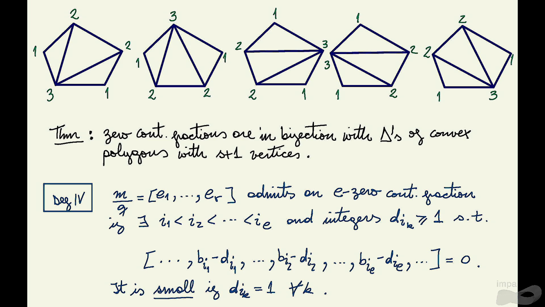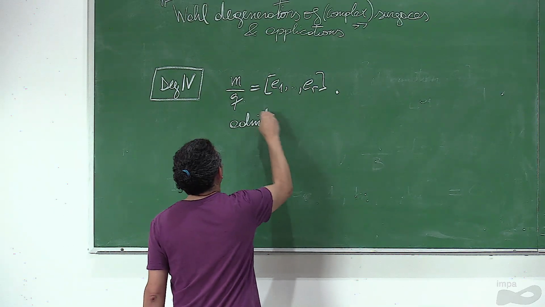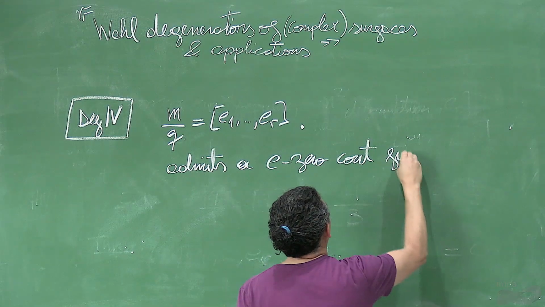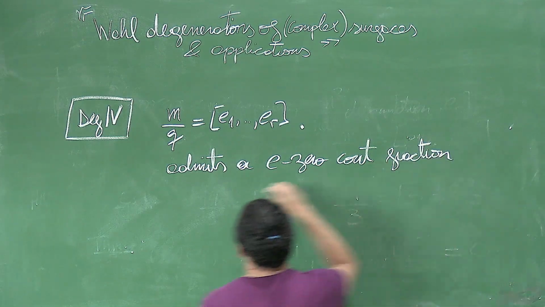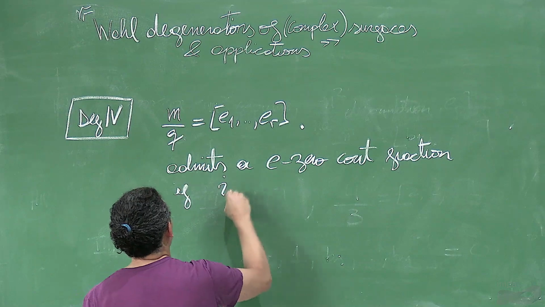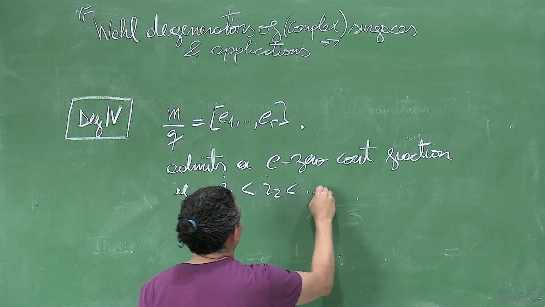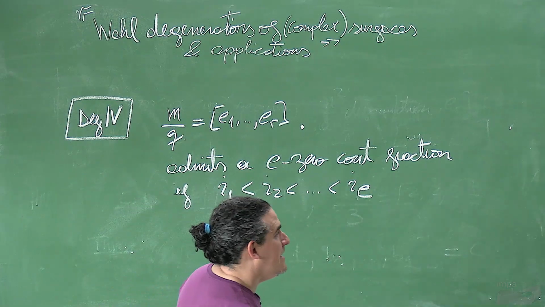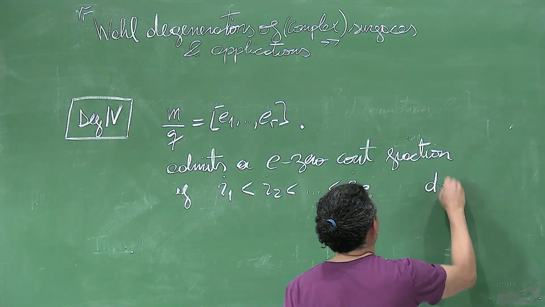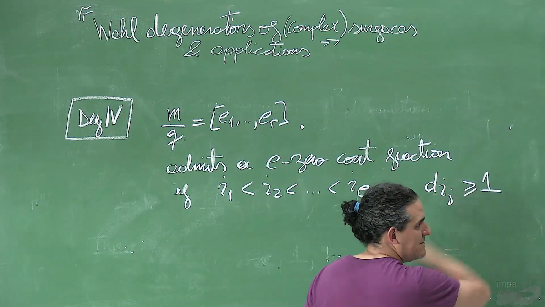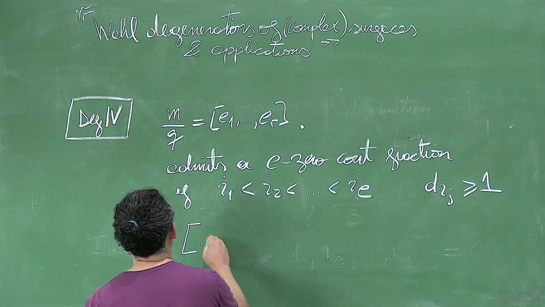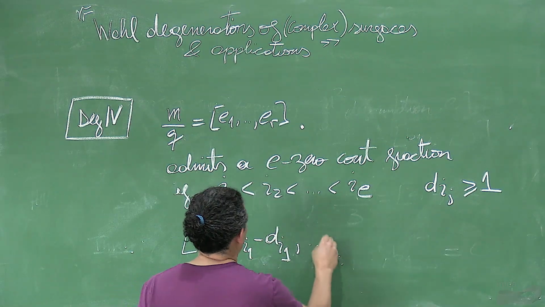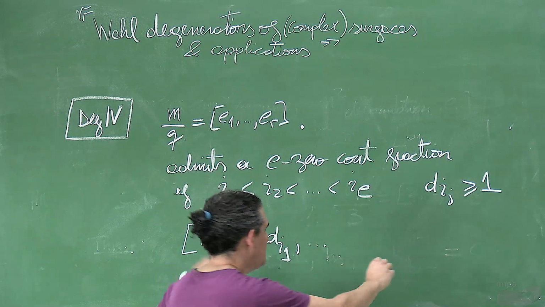So it admits an E0 continued fraction if there are different positions i_1 until i_e, and integers d_ij bigger or equal than 1, so that you go and subtract on those positions. So b_i1 minus d_i1, and the rest stays the same. You subtract from e's or from